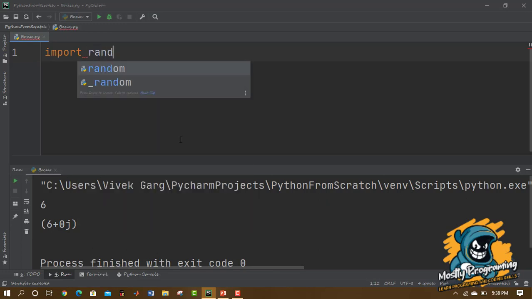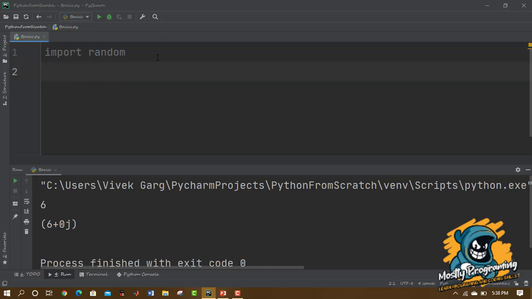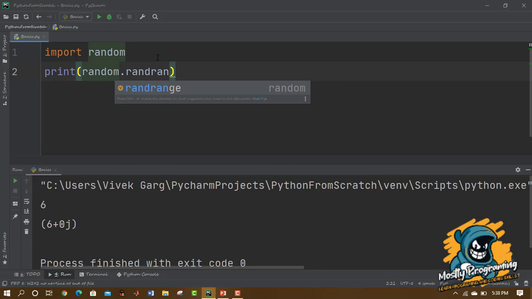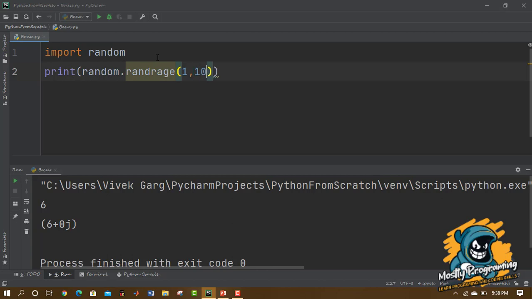So here I'm going to import the random module. Import random. Here this file I have selected. Then enter. Then in the next line itself, I'm simply going to print random.randrange. Randrange is a function of random which is used to give the range of the numbers between which we want to create a random number. So I have given here 1 to 100. So when I'm going to run this, you're going to see,